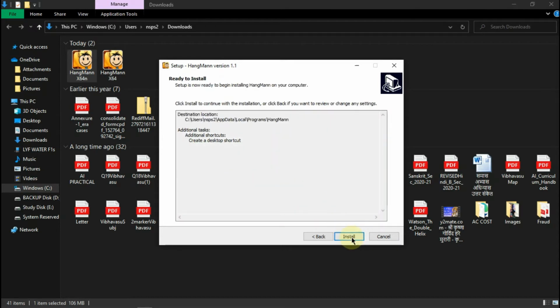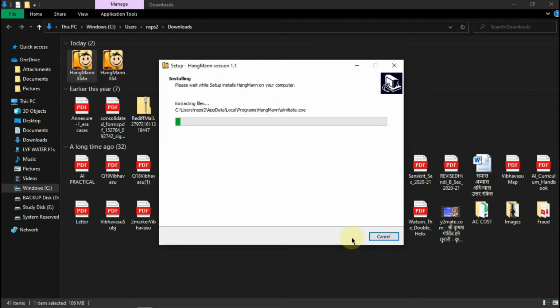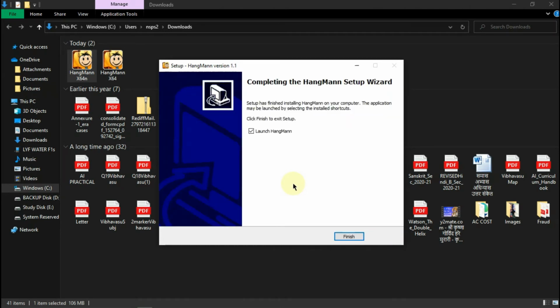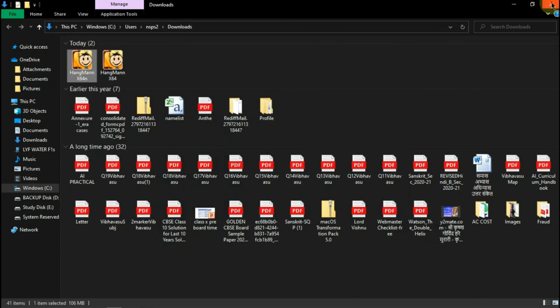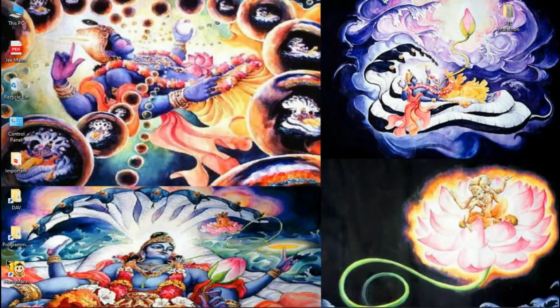Only the thing is, after it is installed, the exe file that we will get for playing the game will not ask for admin permission whenever we click it. So here, when we run the game, the admin rights will not be asked and the game will directly pop up.